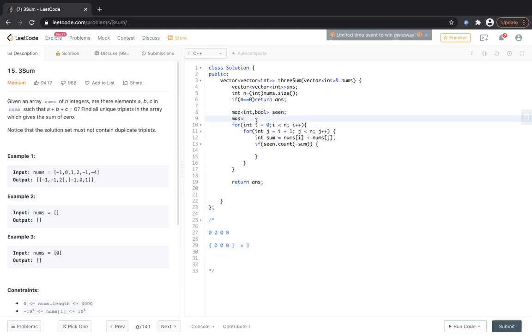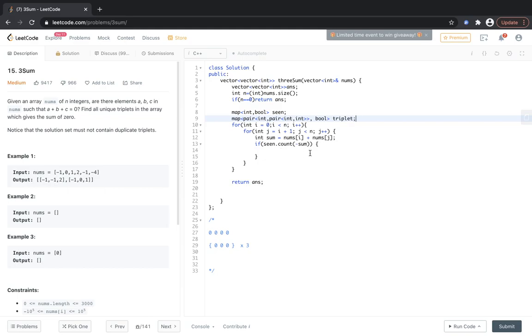So let's call this a map of pair int comma pair int comma int, and bool, and yeah, triplet.